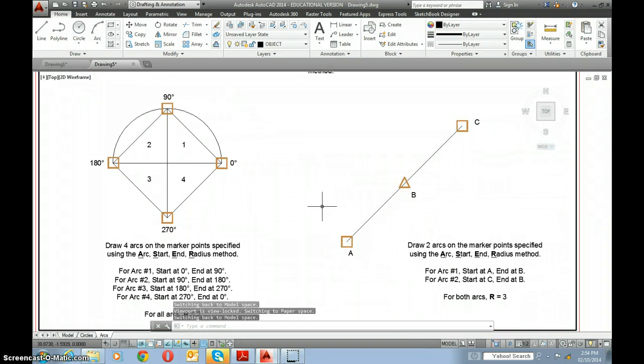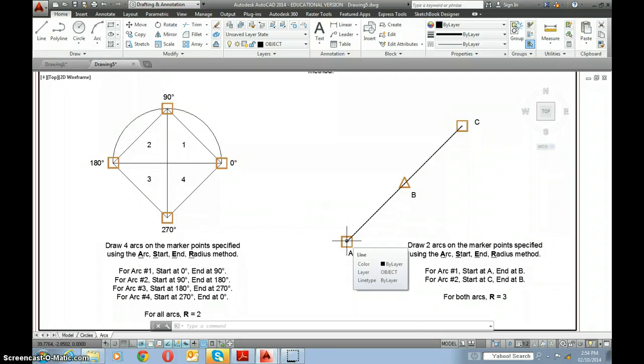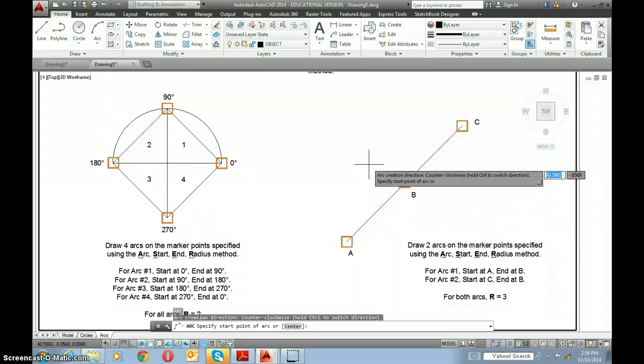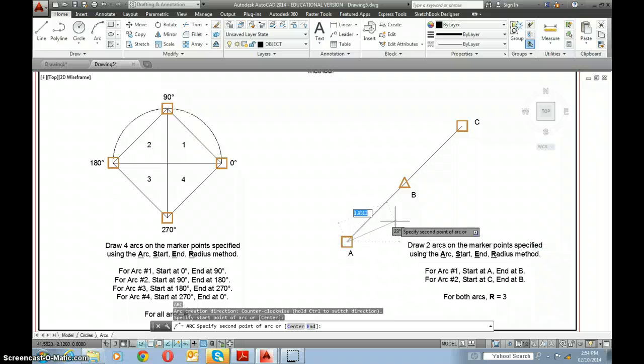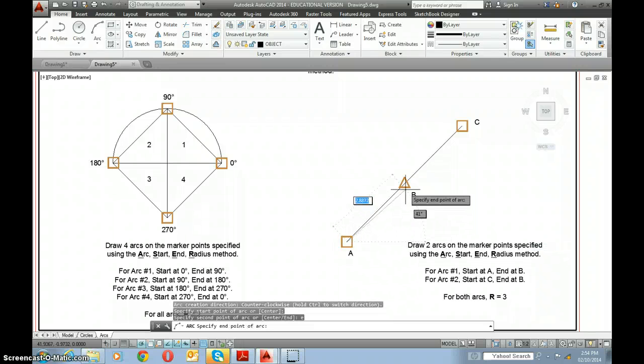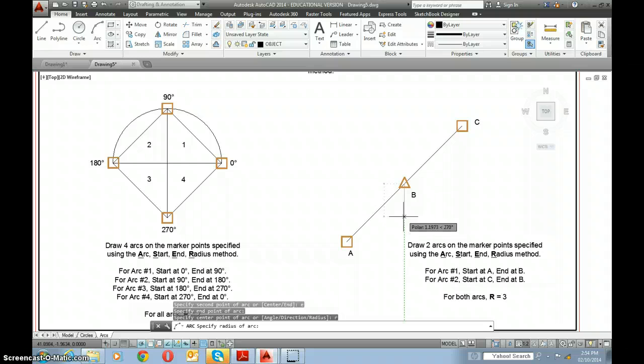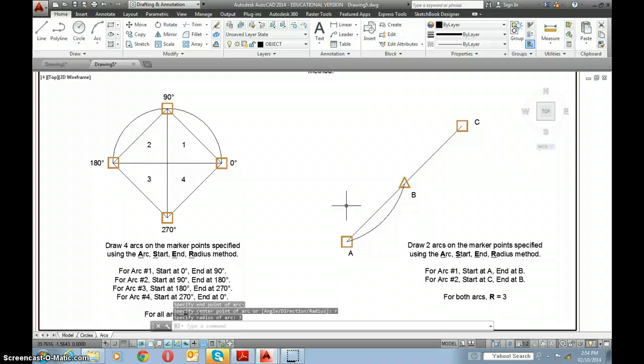One more example. Sometimes in woodworking we like to create a nice smooth S-curve, and one way we can do that is by creating two identical arcs with the same radius and just reversing them on this line. So we'll show you how to do that. We'll again start with arc, A, enter. We'll start at A. We'll type in E, enter for the endpoint, and we'll use the midpoint of the line as our endpoint. We'll type R, enter as our radius. And in this case, it's asking us for a radius of 3, so we'll type in 3, enter,